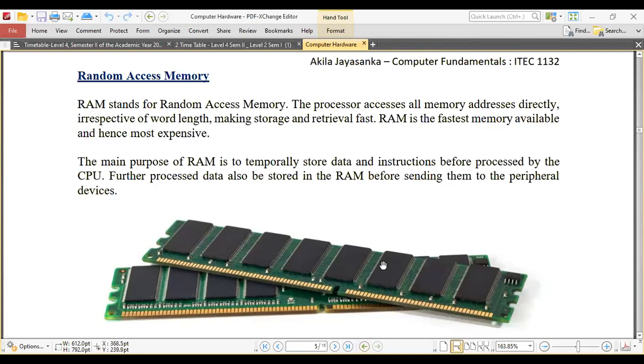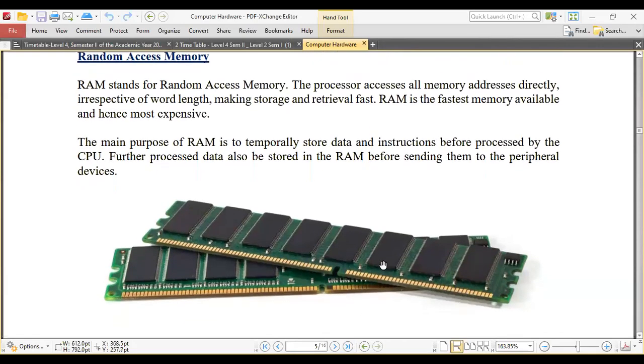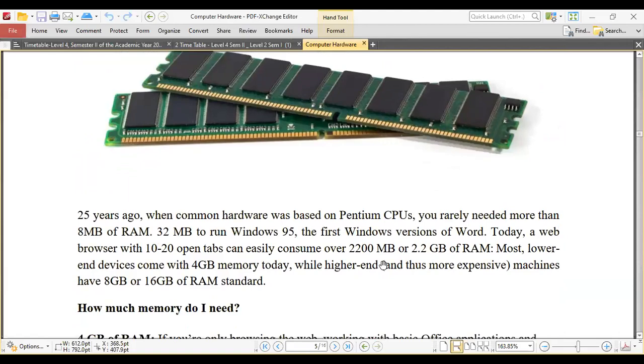Again, this RAM is a volatile memory. The meaning of volatile is that RAM needs an active power supply to keep the data. So when we cut off the power, the memory will be lost. That is why when we shut down the computer, all the data stored in the main memory will be erased. That is why it is called temporary memory. You must be aware that the meaning of the word volatile is that the device needs an active power supply to keep data.